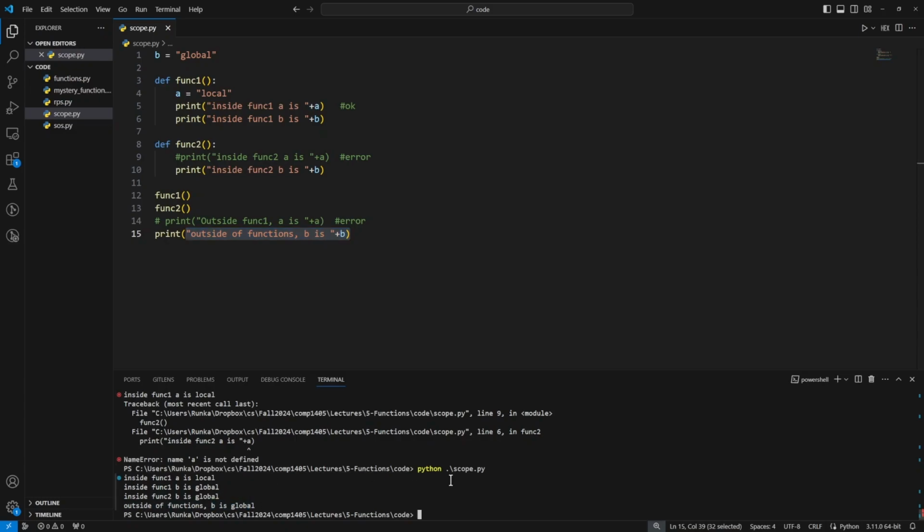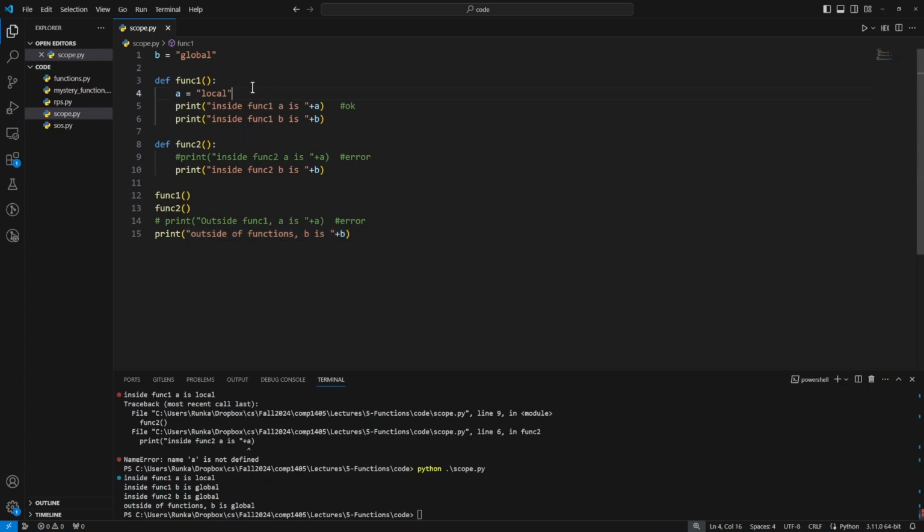So note that the global scope includes both of the local function scopes. So we can print b no matter where we are in our code because it existed all throughout our code. Now, it's important to note though that this variable is read-only when we're inside a function. If we're outside the function, there's no problem. We can use it as we normally would, but if we take a global variable and try using it inside of a function, we can read the value as we've seen, but if we try to change the value,